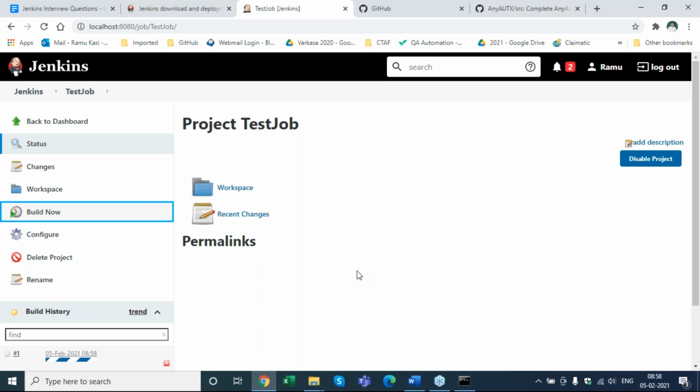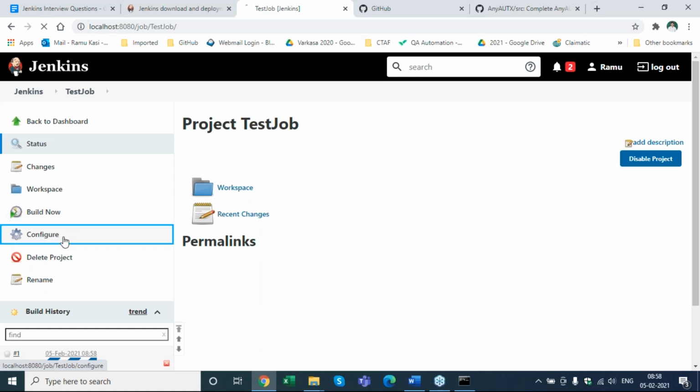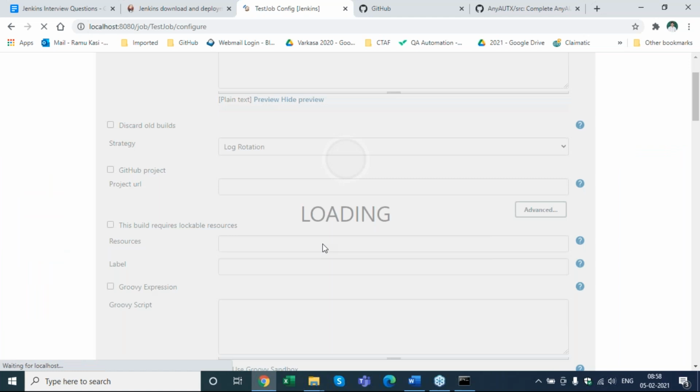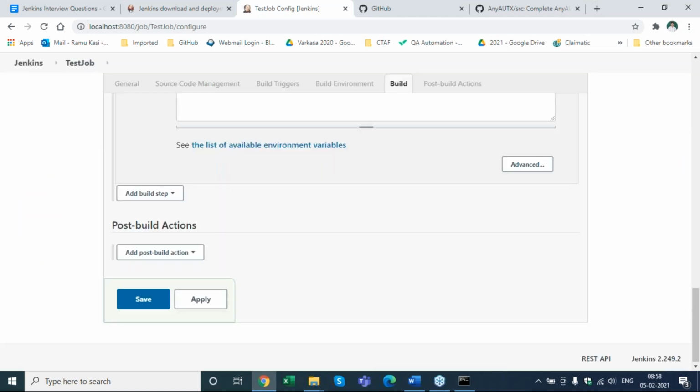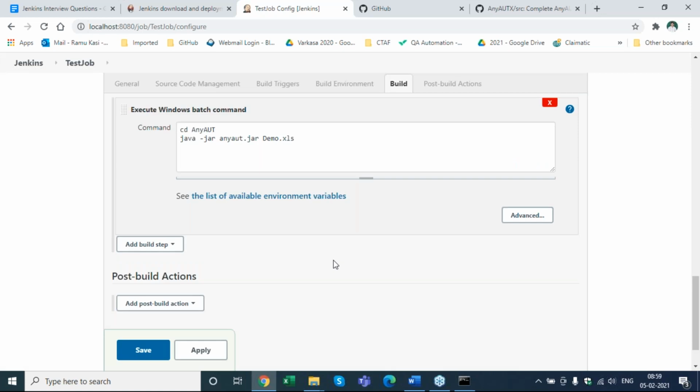I'll explain it to you. Let's go back to configure. I've been trying to show you anyot, correct? How we can download the anyot runner from GitHub and then double click on anyot.jar and execute it. One of the most important things there is the Excel sheet that I provide as an input, which contains all my test scenarios. So it could be demo.xls or anything.xls. Now, in the UI, when I launch the jar file, I have a button where I can choose that file or the path and put it there, and then click on execute.